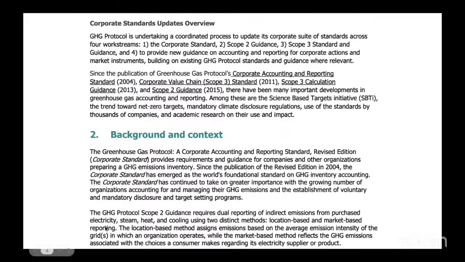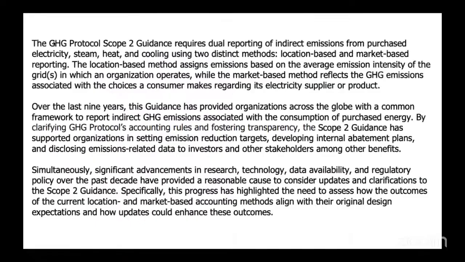The location-based method assigns emissions based on the average emission intensity of the grid in which an organization operates, while the market-based method reflects the GHG emissions associated with the choice a customer makes regarding its electricity supplier or product. ロケーションベースで平均取るんですけど、ある意味、努力が実るっていうところで言うと、マーケット基準がいいよねってところからもともとありますねと。The GHG Protocol Scope 2 guidance requires dual reporting, これは言ってますねと。Over the last 9 years, this guidance has provided organizations across